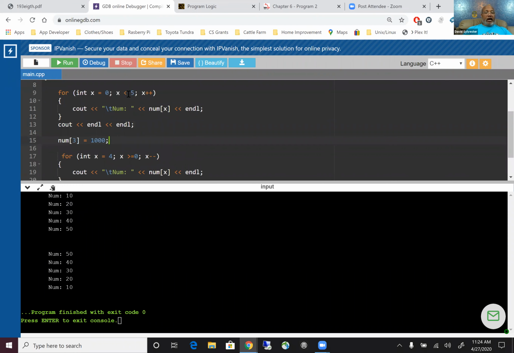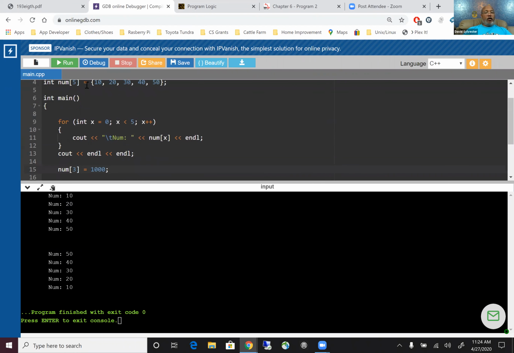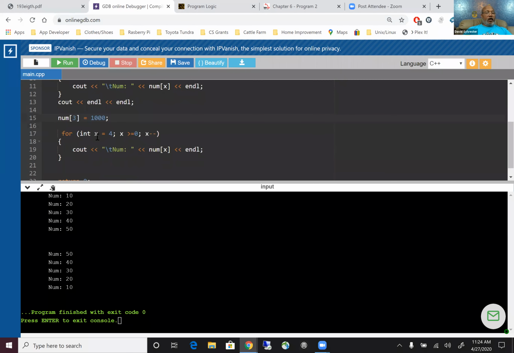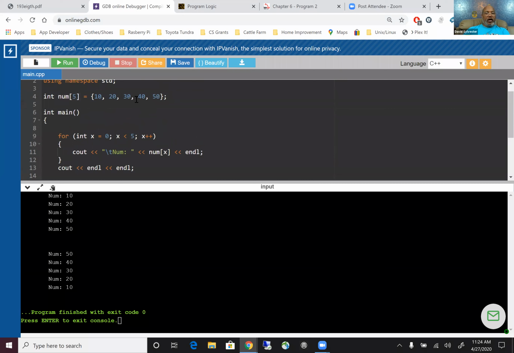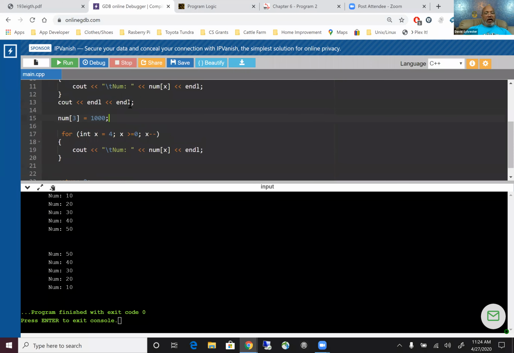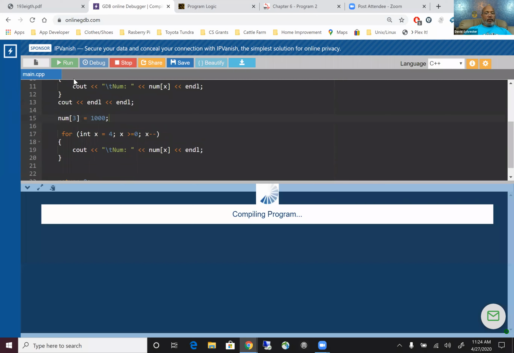Now, the first time it prints, it's going to print what? This array here. The second time it's going to print the exact same array, but num sub 3 is going to be 1,000 because we just changed the value at this what? Location, all right? So it's going to change this from 40 to 1,000. So you can manipulate your array where you could change values. So if I run it,